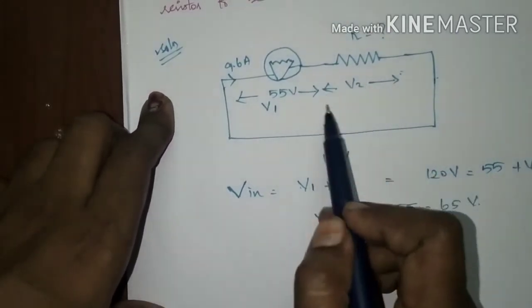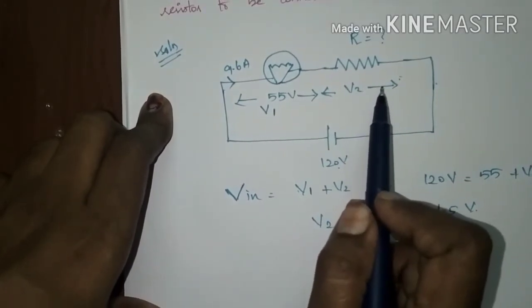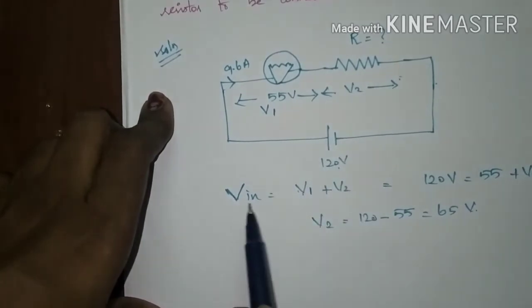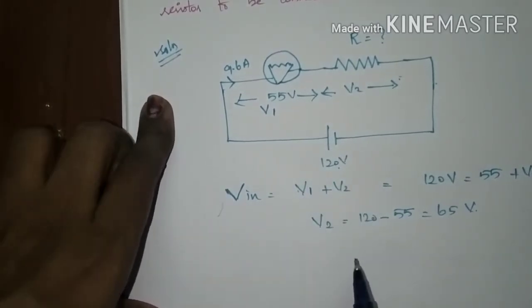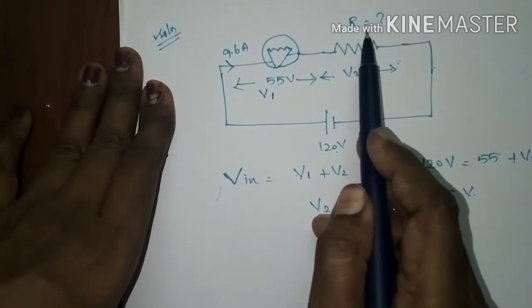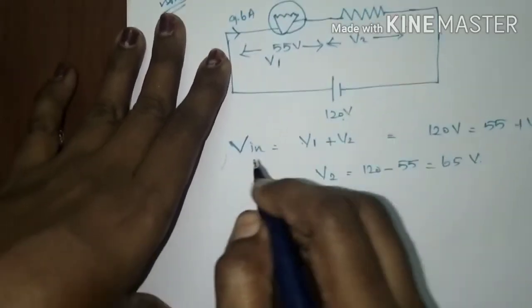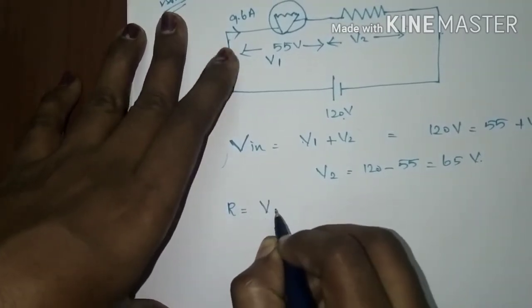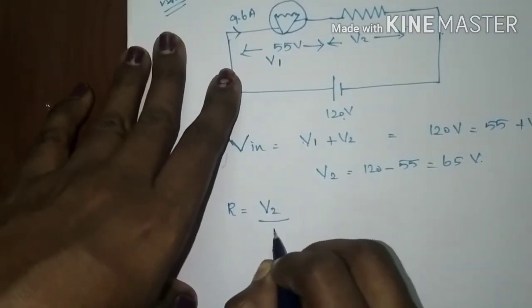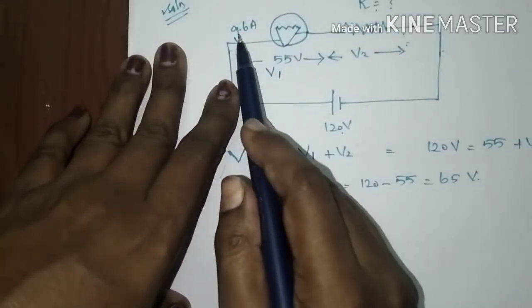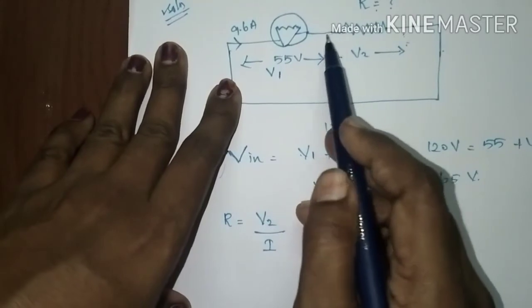We can find this by using the voltage divider technique also, but we need the value of the resistor. So we can find this by equation itself. Okay. Now we can find the value of resistor R. The resistor value would be found by Ohm's law. Resistor can be given by the potential drop across the resistor V2 divided by the current flowing through the circuit. In the series, the current would be the same. So the 9.6 ampere only will be flowing through the resistance also.